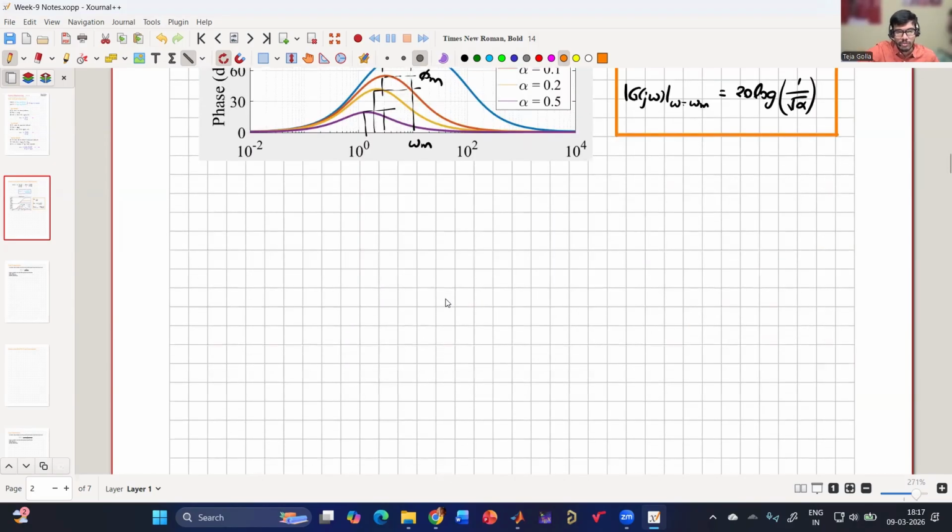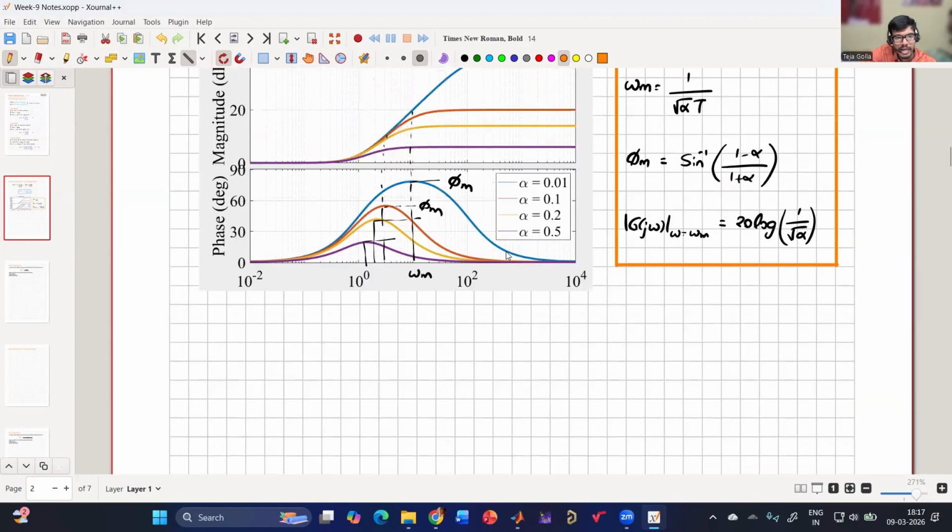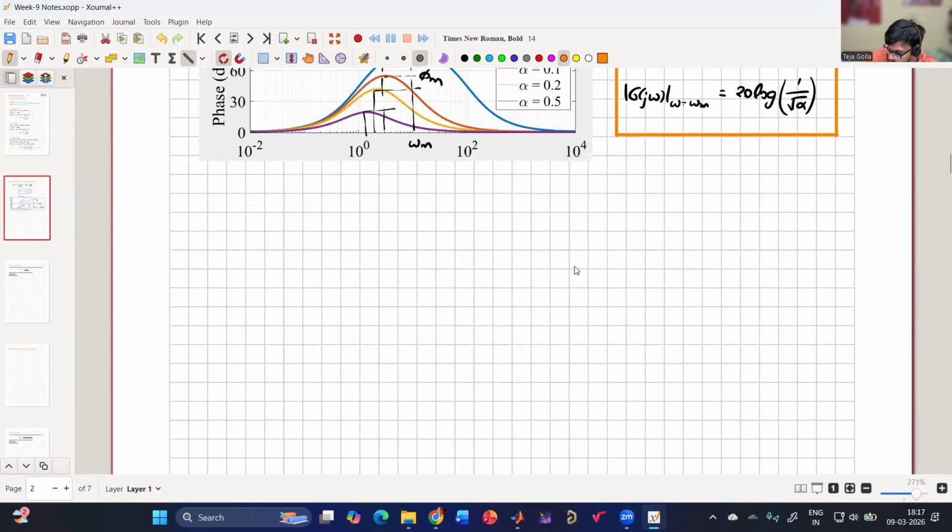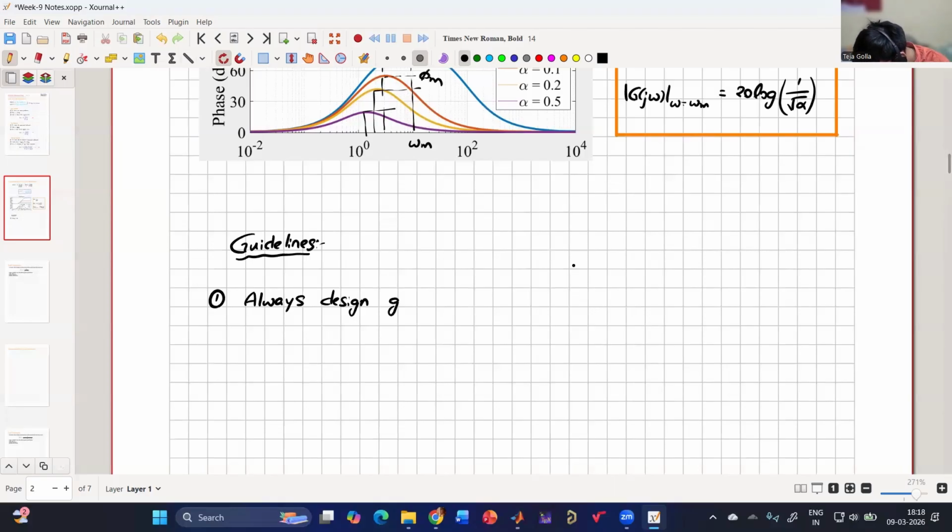So one more thing, I'll just give the guidelines that we can follow when we actually design it. So here, first always design the steady state error parameter. So always design gain K of this compensator first. Okay. And then draw the